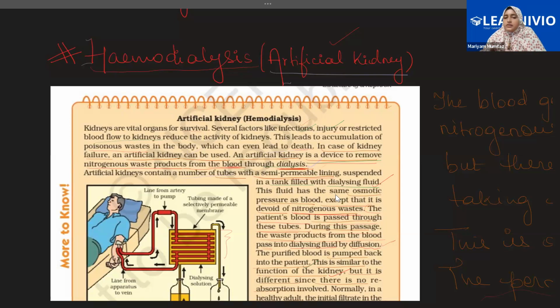They can 100% survive with one kidney. Now that is a different thing, that this one kidney would have to do a lot of work, but they can survive. They'd have to take care of themselves a lot. But normally, what happens is that the person who has undergone renal failure has to go through a